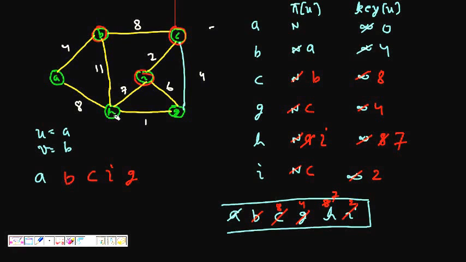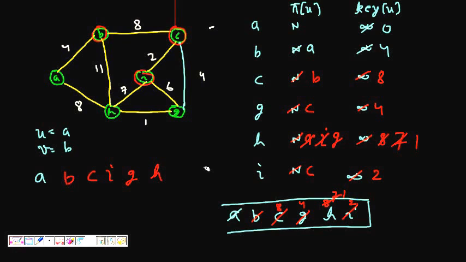Now key of H is 7, but if we go from G to H, the weight of GH is 1, so it will become 1. So H becomes a 1, its parent becomes G. So parent is G and H is now the only thing left there, it also comes out,